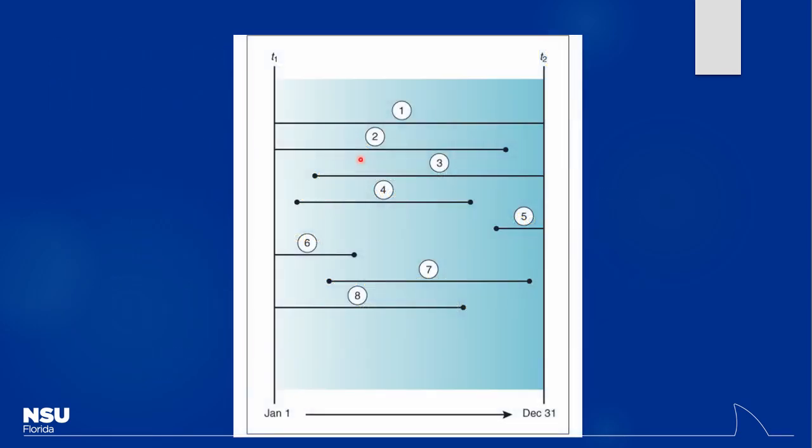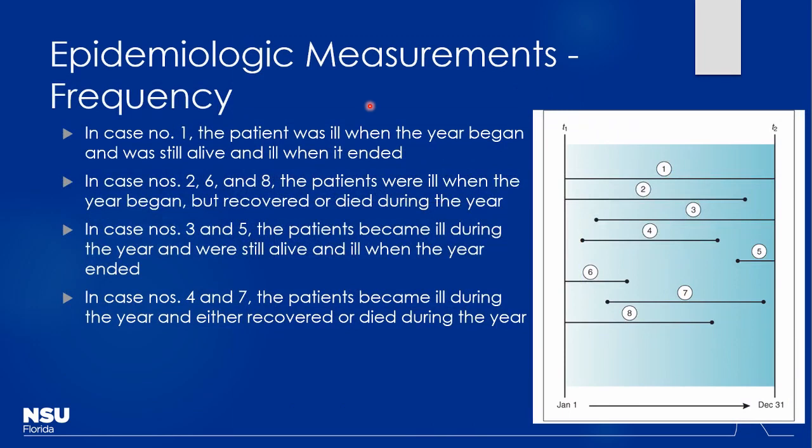is. So looking here, T1 is on the left, T2 is on the end of the time period on the right here, and you can see the individual patients included here, right? So for instance, for person 7, they ended up developing the disease state probably somewhere around the March, April time frame, and then what happened around November? They were cured, right? Or it resolved, or whatever the case may be, the period ended there. How about person 1? The whole time. They had it the entire time, right? So you guys can at least read the chart here, and we can make some different inferences about this when